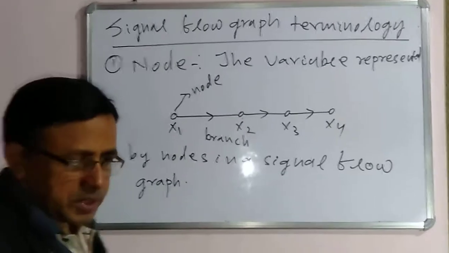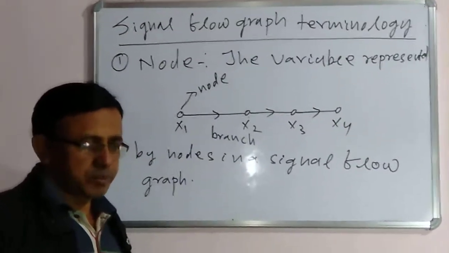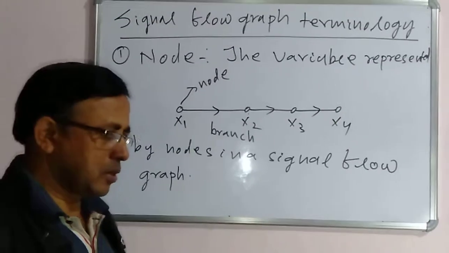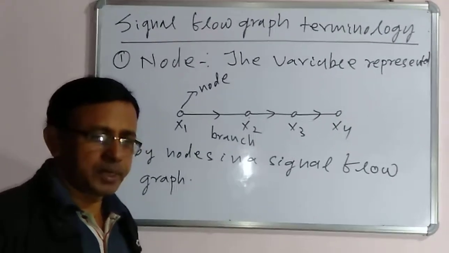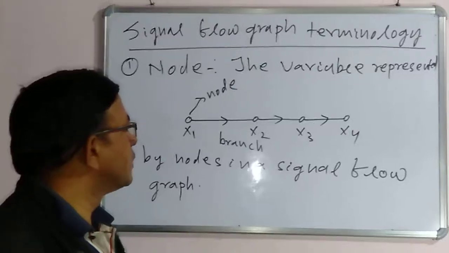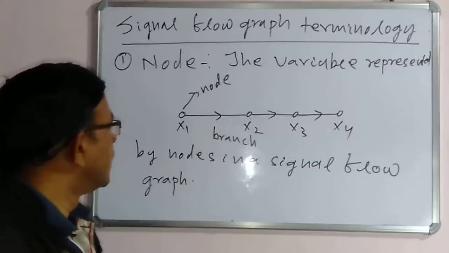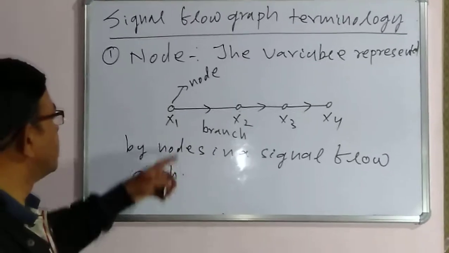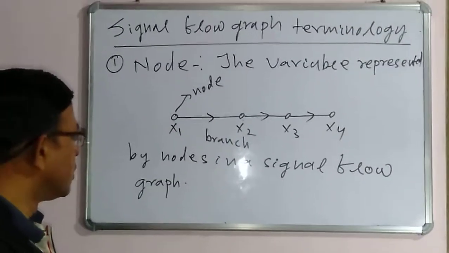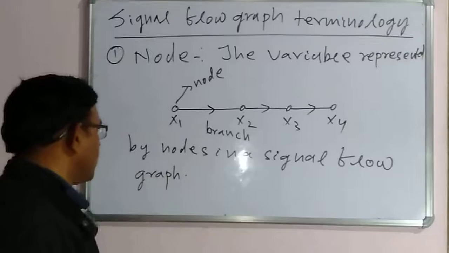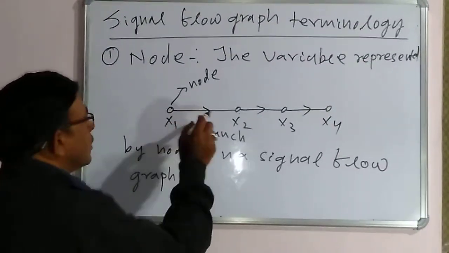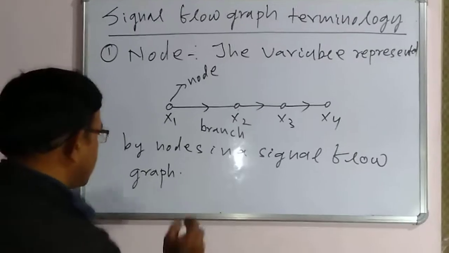For example, in speed control of a DC motor, suppose this is the field control method. So field current, field resistance, etc. are the control variables, and those field current, field resistance, etc. are represented by nodes in the signal flow graph,